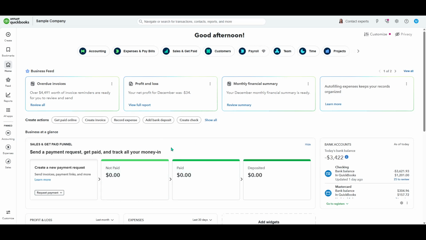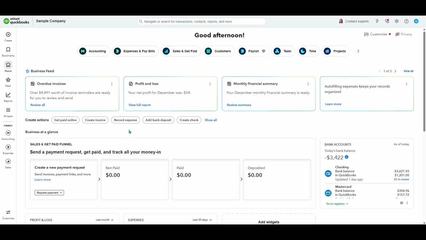In today's video, I'm going to teach you how to enable progress invoicing in QuickBooks Online. If you bill clients in stages, like deposits, milestones, and a final balance, progress invoicing lets you send invoices for parts of a job as work is completed, all tied back to one estimate. Turning it on only takes a moment, and it can make your billing workflow much clearer for both you and